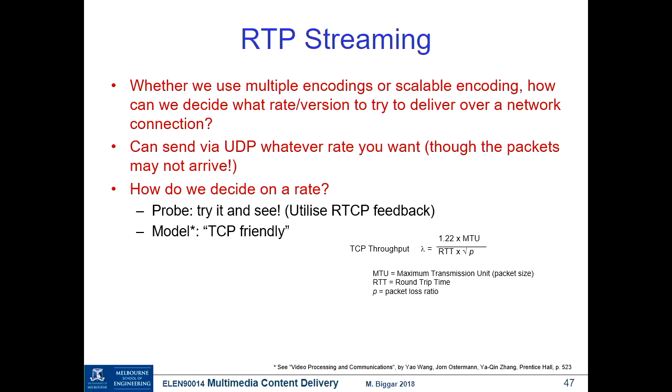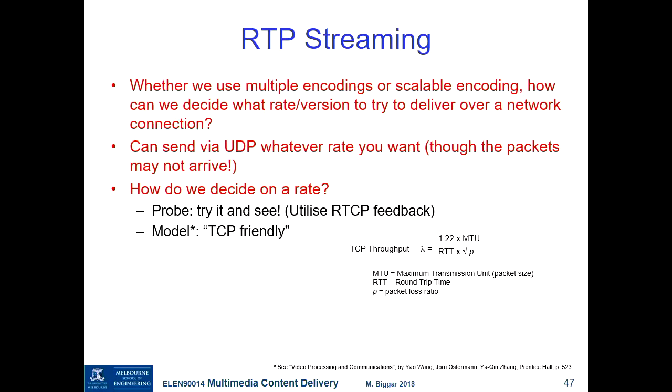There are various models that are used to estimate the throughput of TCP, and this is one of them that I've pulled from this textbook here. I'm not going to go into where that comes from, but just point out that it's maybe not very surprising that the throughput increases with the maximum transmission unit. So if you increase the packet size, then we will increase the